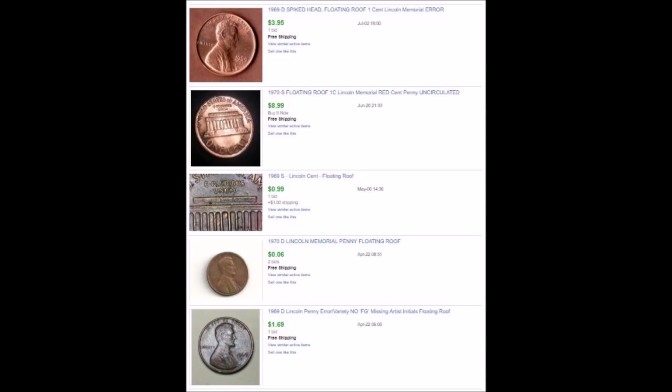I think in time that might happen, and people will be searching out not so much the circulated examples, but more of the higher mint state pieces. And companies like Annex and all that might recognize it as a legitimate error to where they'll attribute it onto a gradable slab. But anyways, I want to talk about the floating roof Lincoln cent. It's a neat piece,